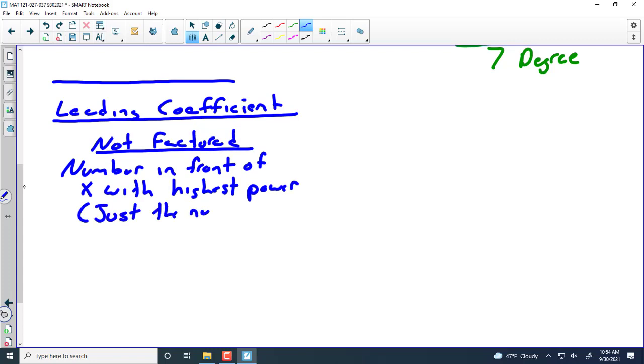Just the number, not x, just the number. So when you write down your leading coefficient, you don't write 7x squared, you write 7, not 7x squared. It's the number in front of the x with the highest power,